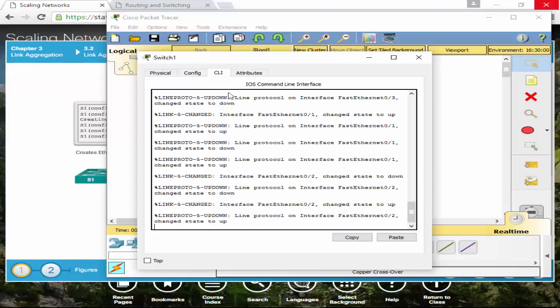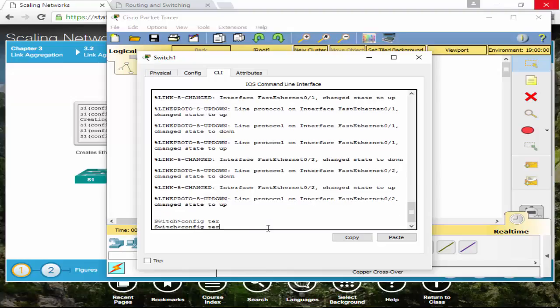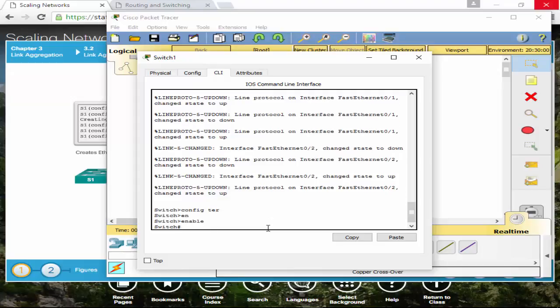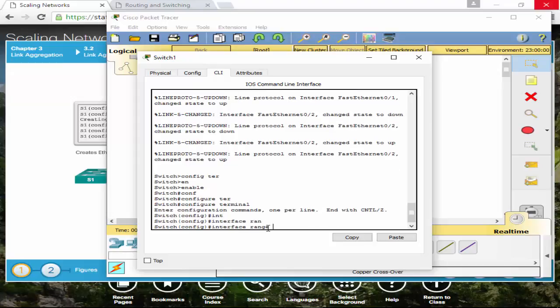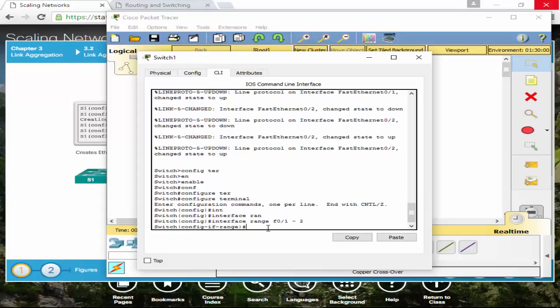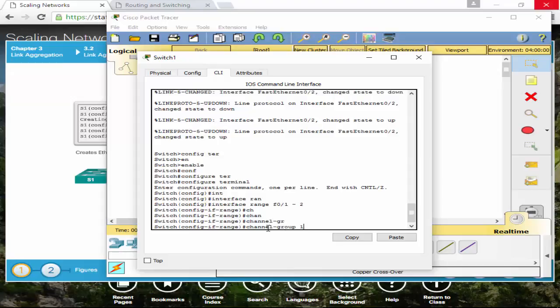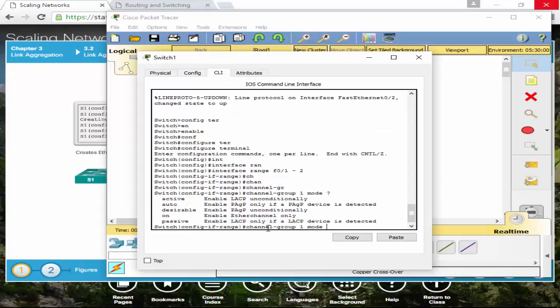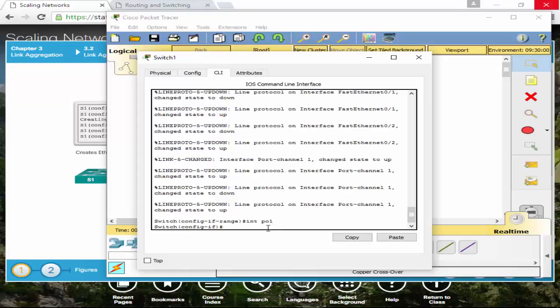I'm going to go over here with the same configuration. I say enable first. Enable, config terminal, interface range, it's the same, F0/1-2, channel-group 1 mode, and this time I'm going to go auto to form the other side. So I say auto, and then I say interface Po1 to go into port channel 1, and at this point